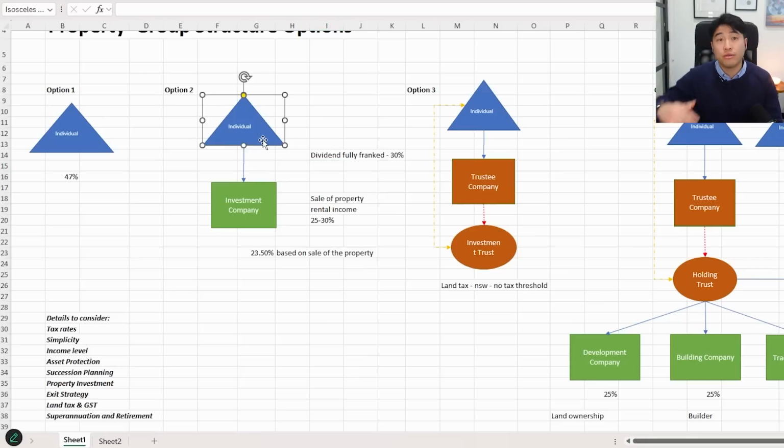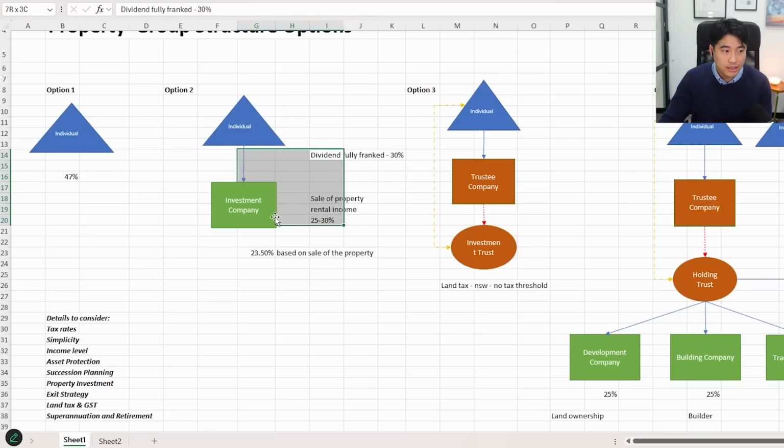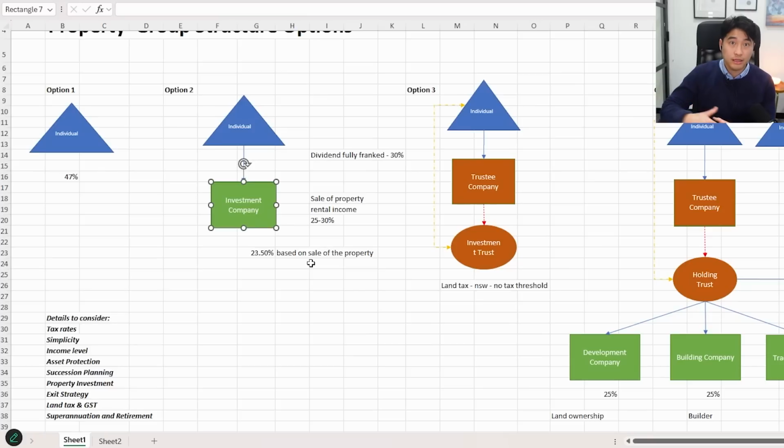And when I retire, I don't have any more income. I can take that 30% as a credit and then apply it against my personal taxes. And so maybe I might not pay extra taxes as a result of that. That's why I love this. That's why I like a company to buy property if I'm doing it for long-term gain, right?